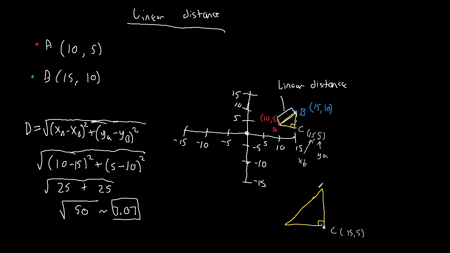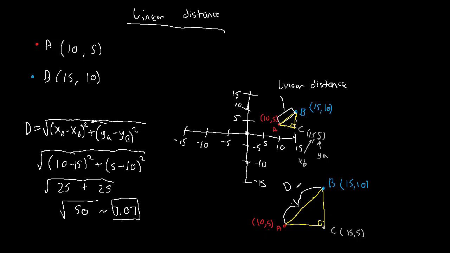Up here, we had B with 15 and 10. And then over here, we had A with 10 and 5. And just to remind everybody, we were looking to measure,